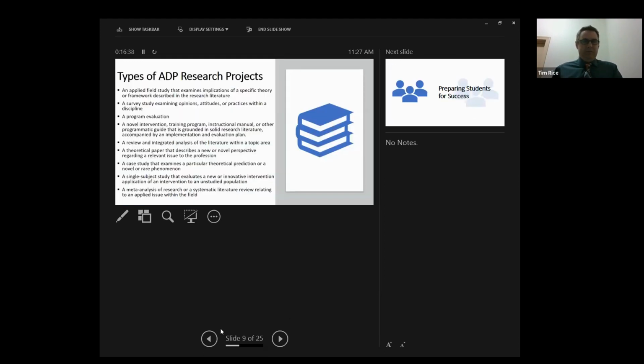Now, as far as types of ADP studies are concerned, there's tons of flexibility in the ADP. Basically, we're looking at different theories and frameworks and trying to examine the applications of those. These are just some great examples: survey study, examining opinions, attitudes, or practices within a discipline; program evaluation; any kind of training program, instructional manual, programmatic guide that's grounded in solid research